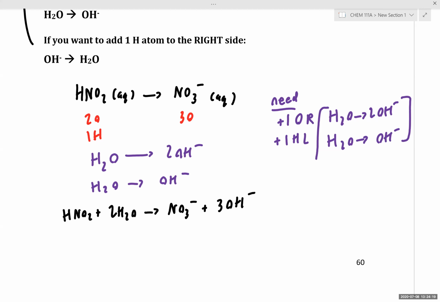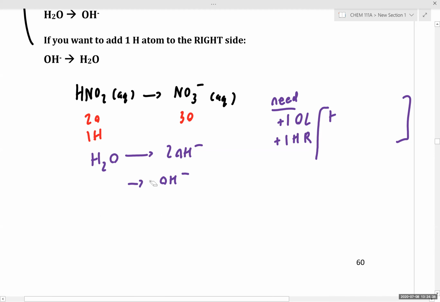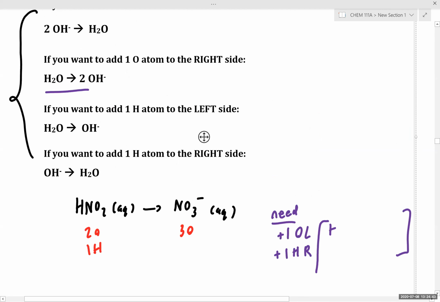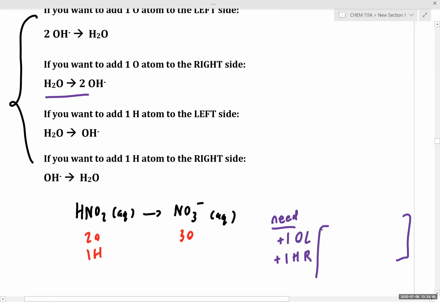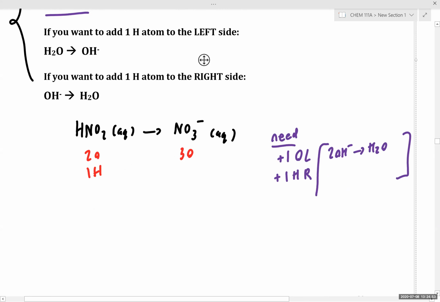Oh, so just to check one more thing. When balancing this equation, we'd need one hydrogen on the right-hand side, and we need one oxygen on the left. So I had this completely reversed. To add one oxygen to the left, we need to have 2 OH minus leads to H2O. If we want to add one hydrogen to the right, we go OH minus leads to